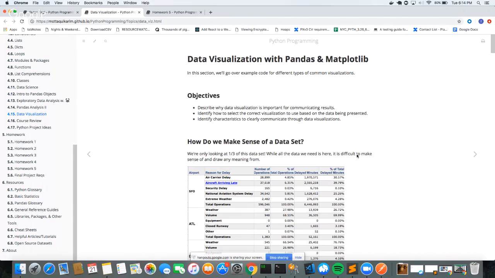So what you're going to do is create a little function inline, a lambda, x colon x dot strip. So this is the equivalent of doing